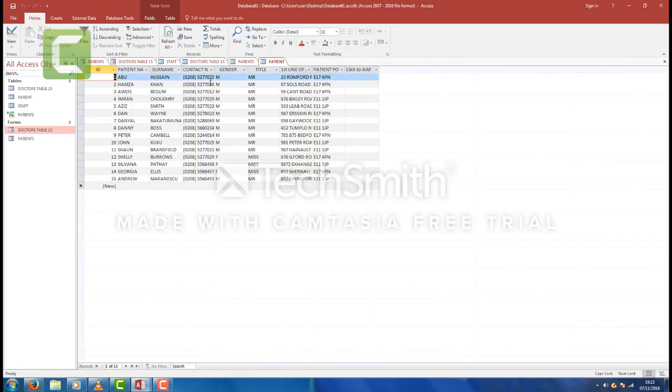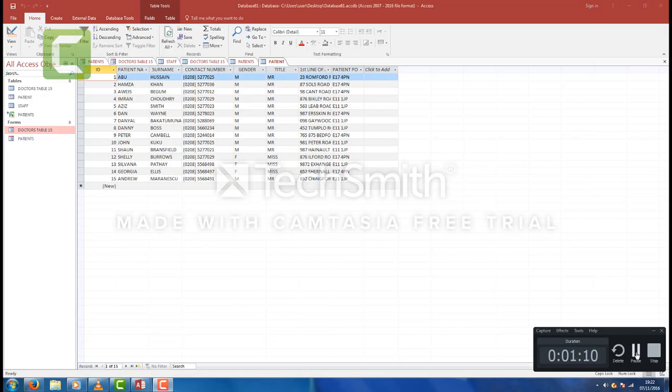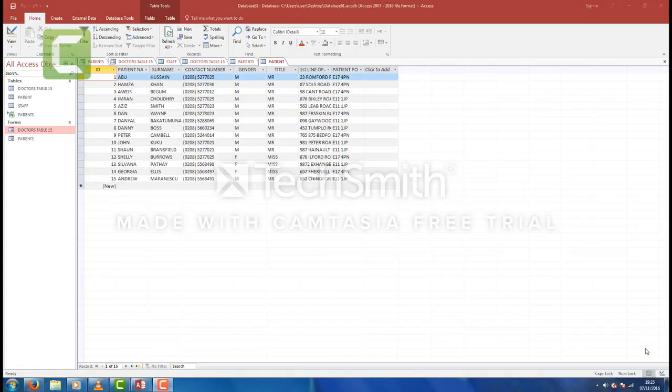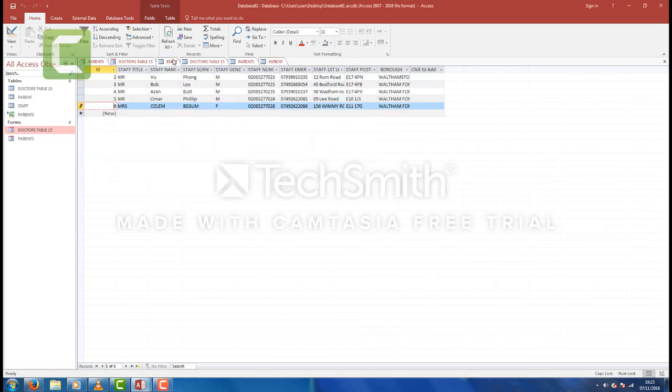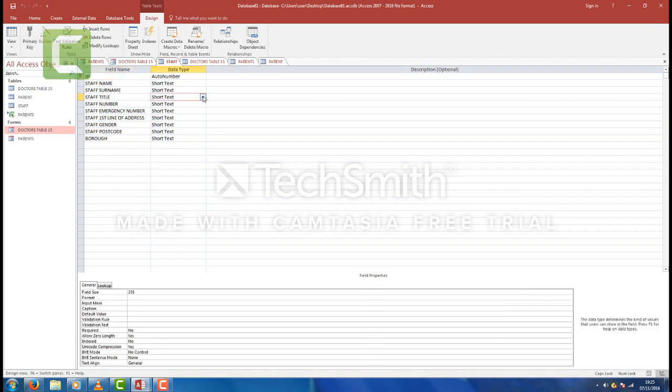So now when I go back onto my actual database view, it will show my number in the correct number format, as I will show you now. So now, as you can see, the contact number of the patient is in actual correct number format. I will now be explaining to you guys how to use drop downs, which is also known as lists in Microsoft Access. Okay, now in order to do this, you're going to have to go on to your staff table,